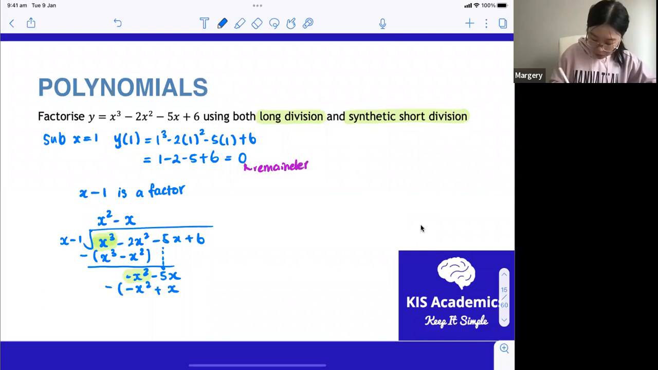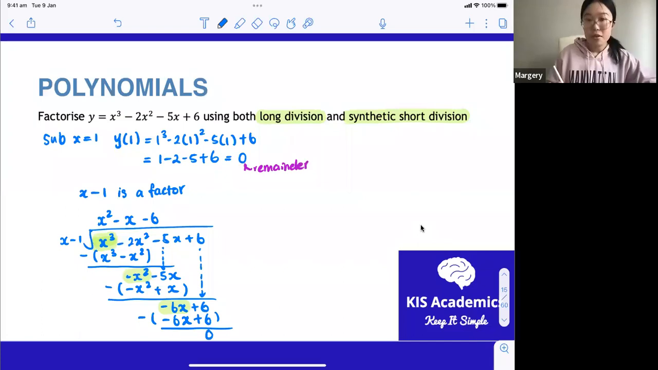And again, subtracting these two from each other, I end up getting minus 6x. Bringing down this to the bottom, I get plus 6. And then again, looking at the first term, which is minus 6x, I know that I need to have a minus 6 at the top to get this minus 6x and then plus 6. And subtract these two, I end up getting 0. So you can see here the remainder